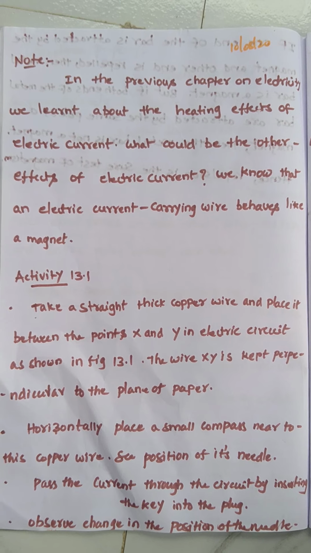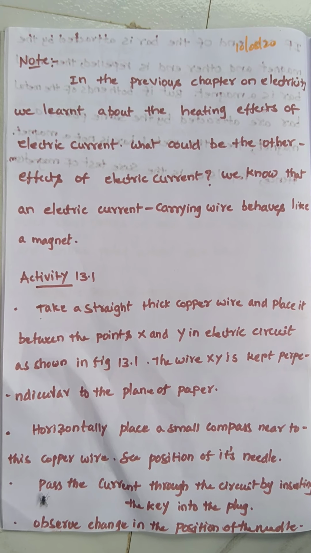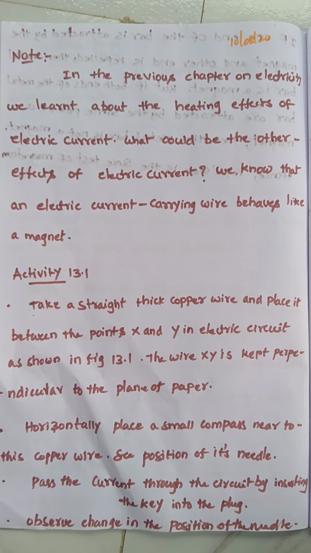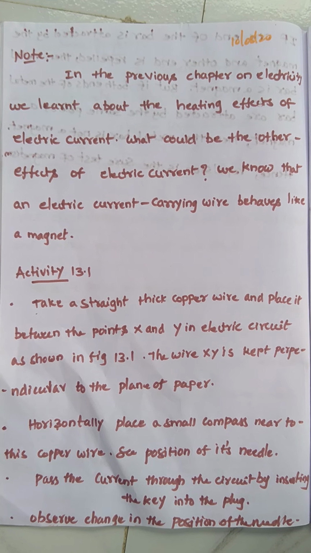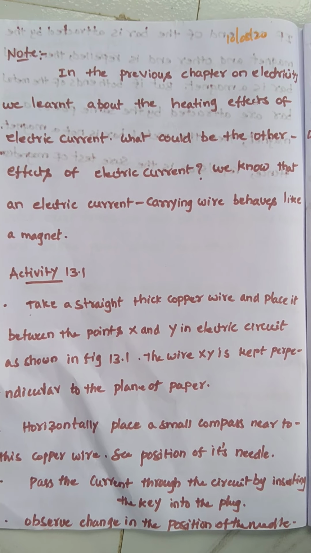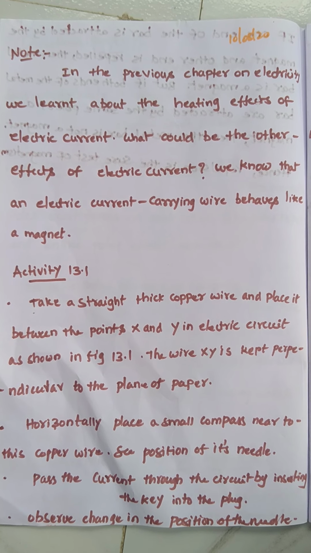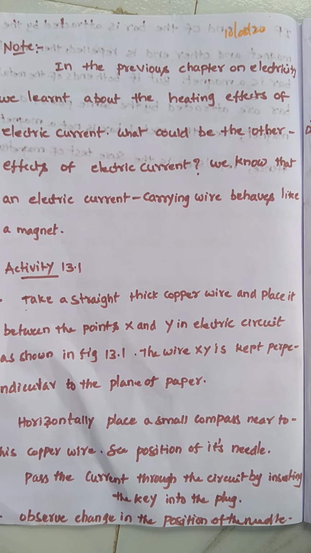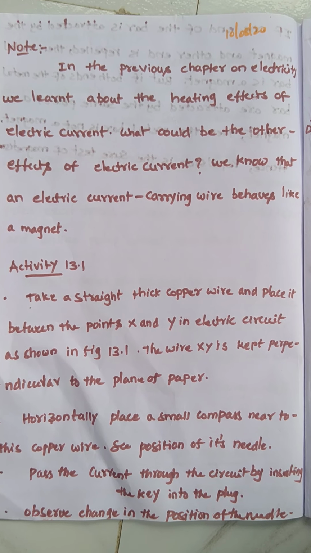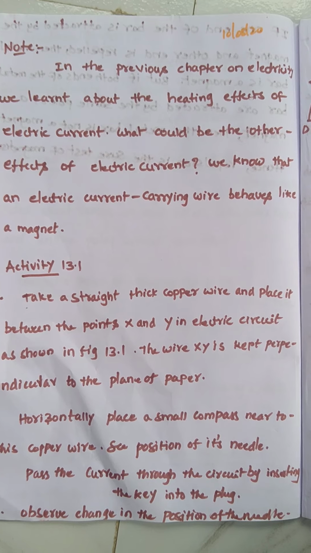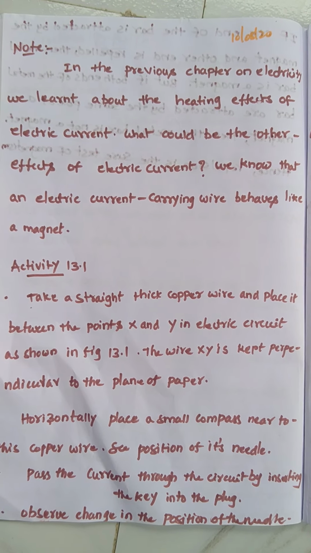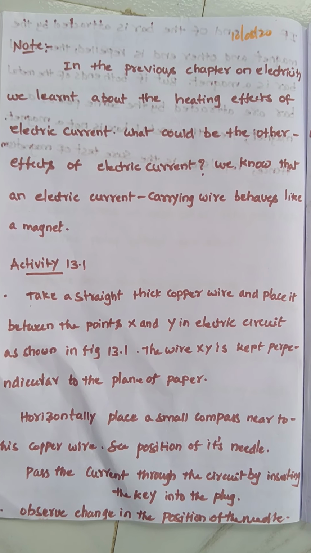And already we know about a magnet, right? Every magnet contains two poles, a north and a south pole. And we know very well that two like poles repel each other and two unlike poles attract each other, right? And I already told you that magnets always exist in pairs, and repulsion is the test of magnetism. All these concepts I discussed in the last class, and I also gave a clue about Oersted's experiment by voice message.